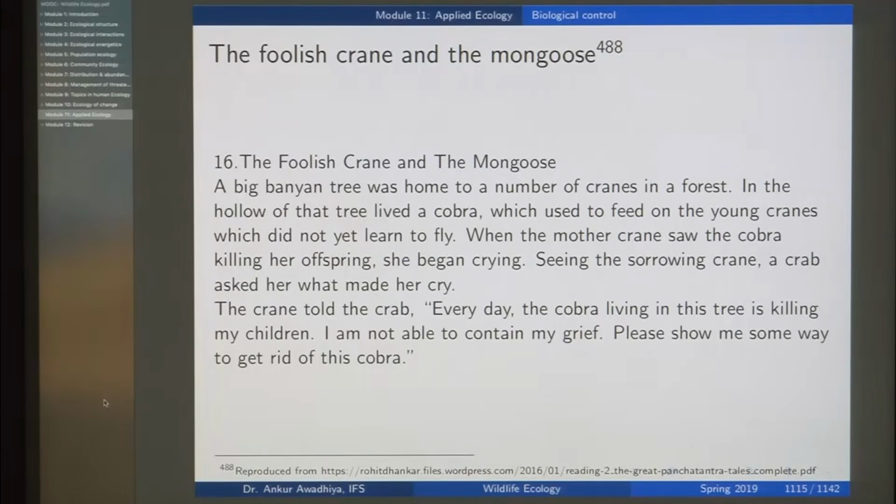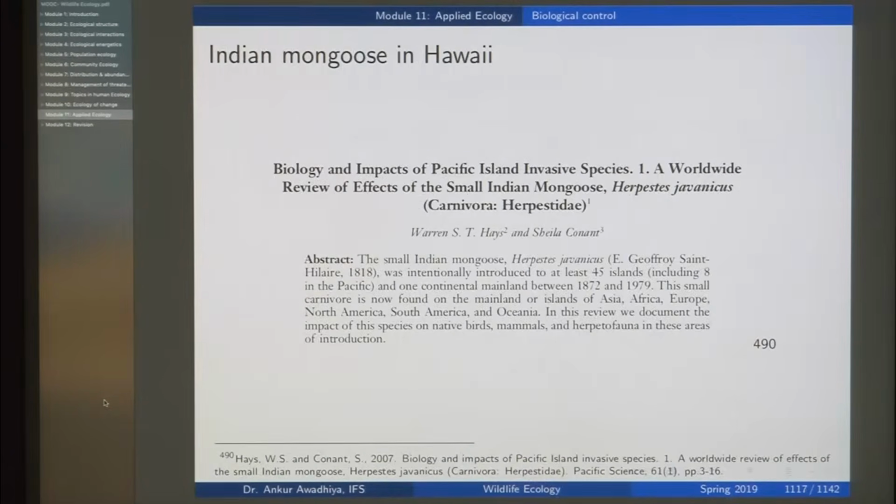Then we looked at this story of the foolish crane and the mongoose. So the crane wants to get rid of a snake through biological control, and it brings in a mongoose, and the mongoose is able to kill the cranes. So whenever we are doing any biological control, we need to ensure that the controlling agent that we are bringing into our system does not harm our native vegetation or other crops. We saw this interesting example where the Indian mongoose itself is becoming a pest in areas where it was introduced as a biological control,